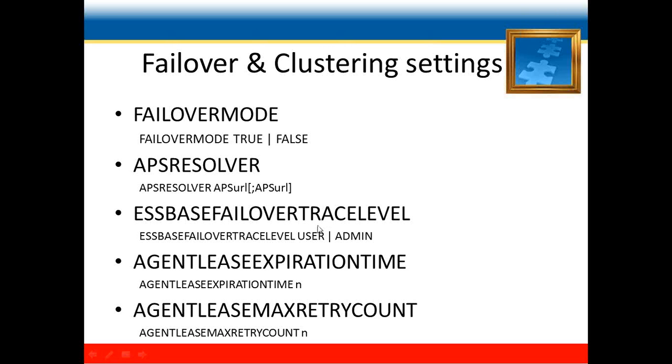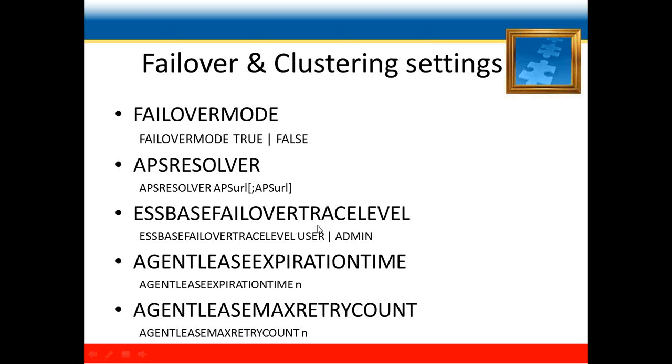Then there's another setting for tracing the logs, and it is the failover trace level setting. You can specify a couple of options for this setting: you can provide the option as user or as admin, followed by the setting name.